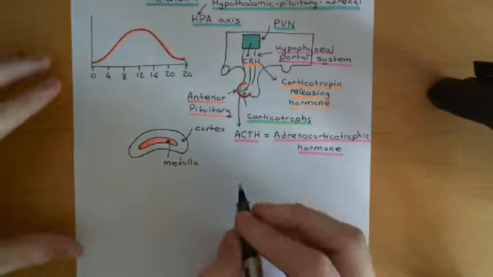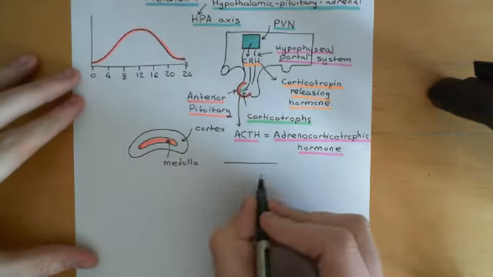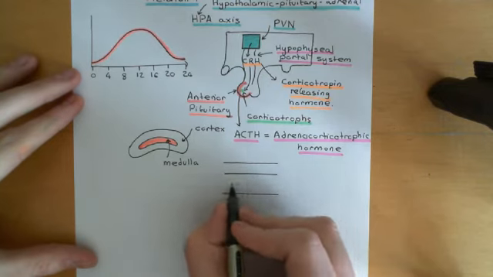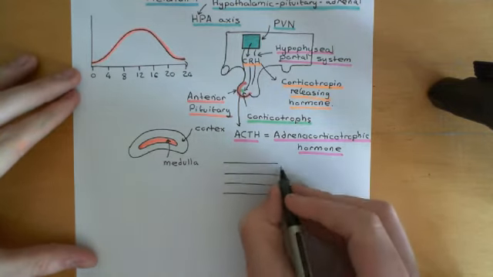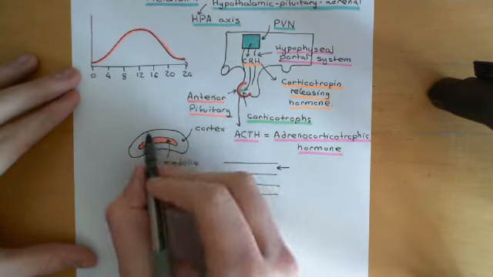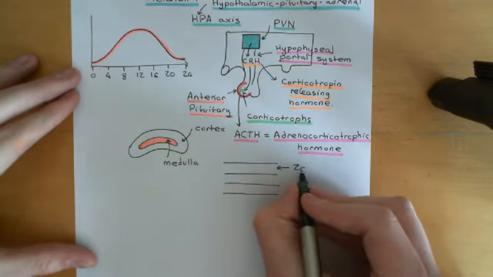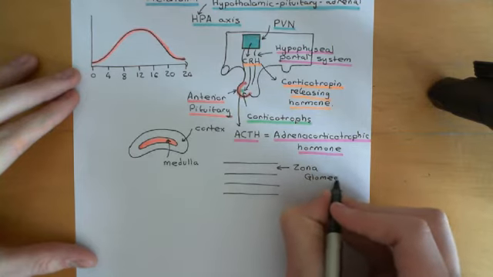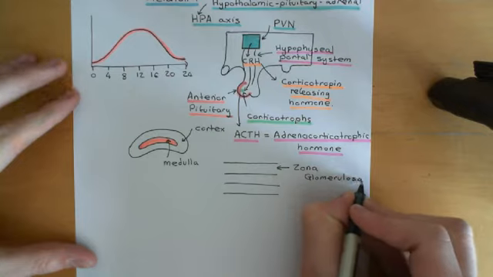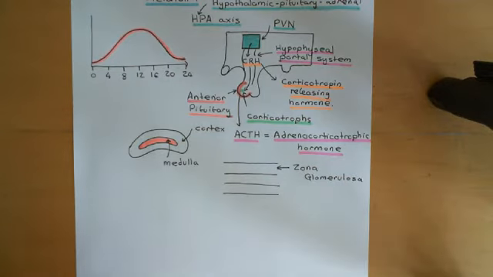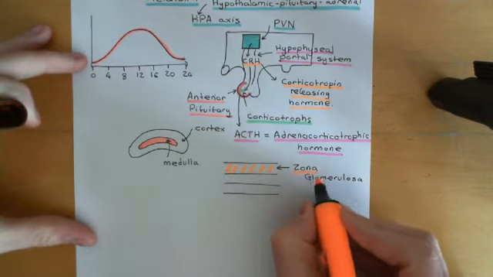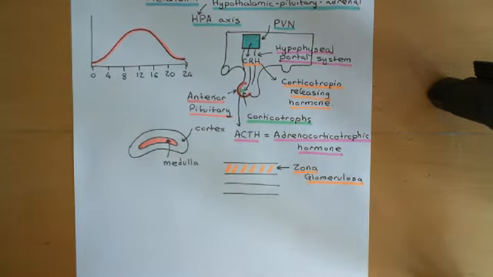Now, the cortex can be further divided up into 3 different layers, so I'll do this now. So if this is the adrenal cortex, we can divide it up into 3 separate layers. The most peripheral layer, the most outer layer, is what's called zona glomerulosa, and that layer consists of cells which can release the steroid hormone aldosterone, which is important in body fluid regulation, but these cells don't release cortisol, and they're not going to respond to ACTH that much.